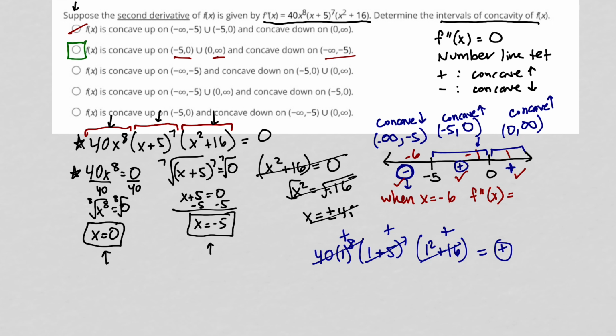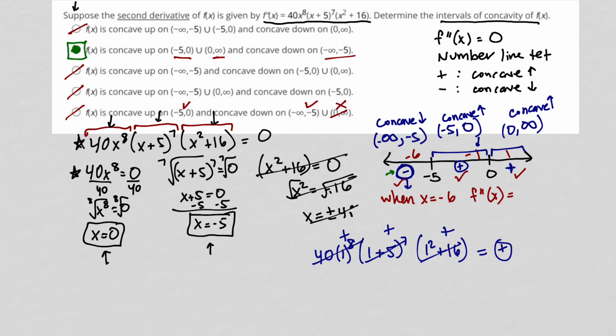The third one, f of x is concave up on negative infinity to negative 5. Again, no, it's not. We found that it's concave down. So that's a no. This next answer says the exact same thing. That is concave up between negative infinity and negative 5. And the last one says f of x is concave up on negative 5 to 0, which I agree with, and concave down from negative infinity to negative 5, which I agree with. But then it says and 0 to infinity, which I don't agree with, right? We found that that was also concave up, not concave down. So that's gone. So the only answer that makes sense based upon the work we've done here is the second